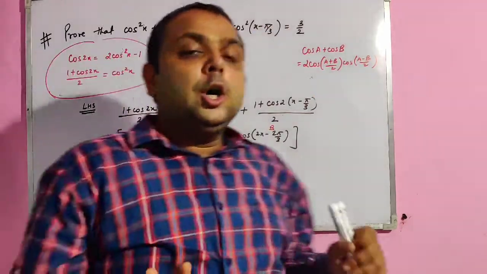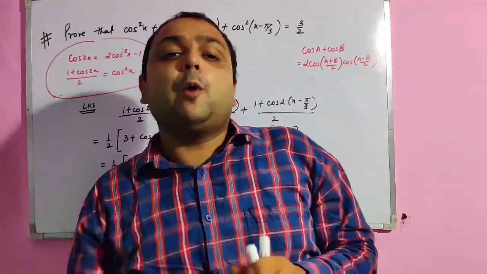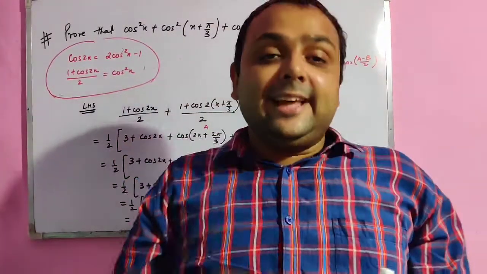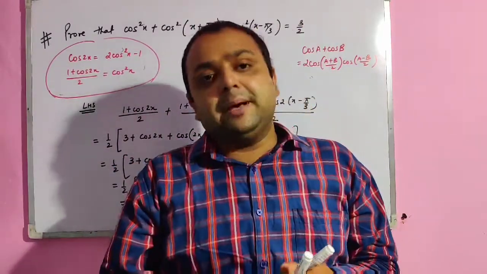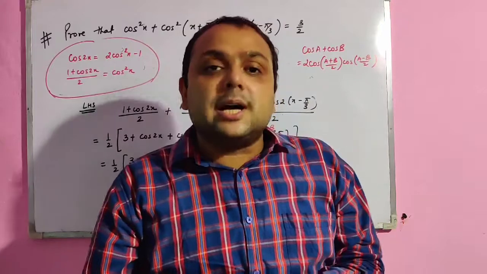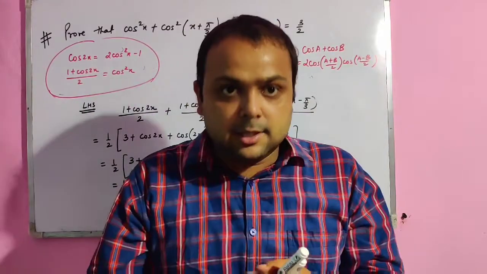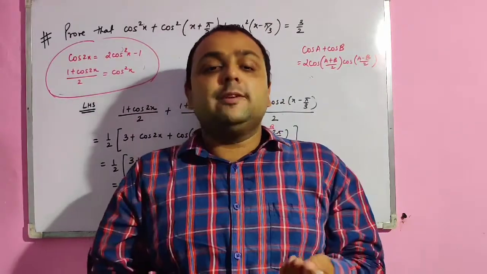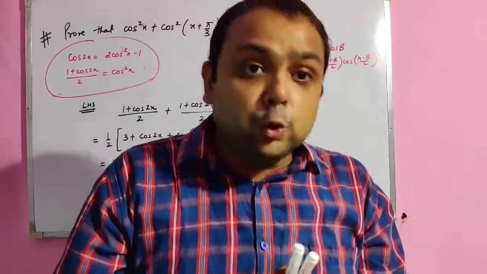So what do you do? You first write down all the identities and try to solve one problem for each identity, and if you find any doubt in any of the identities, you can contact me or message me. We'll have a doubt class for the identities in our next session. So till then you try solving some of the problems. If you find any doubt, you are free to call or message me.